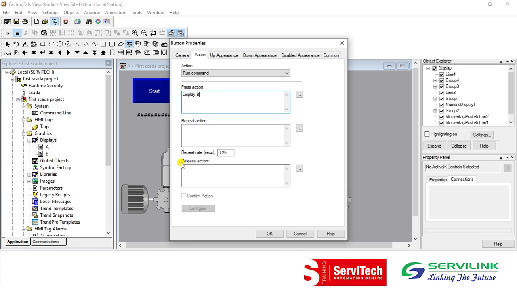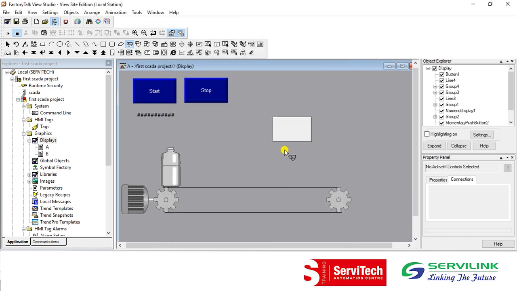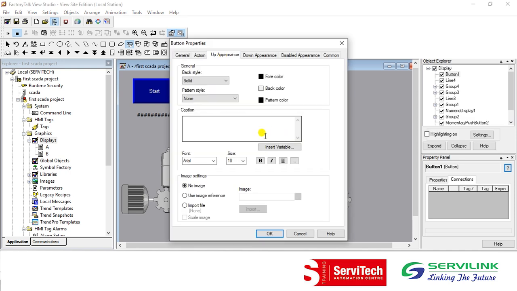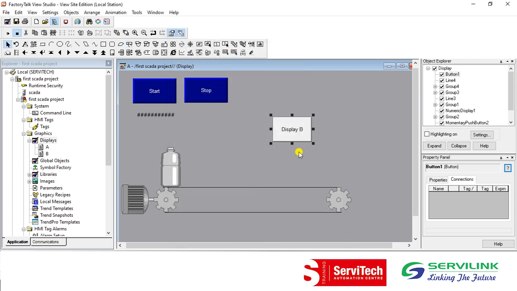This display B command will be written on your press action, and just click on the OK button. From this button we will go to display B, and for the caption go to appearance and write a caption like display B. So it will appear on